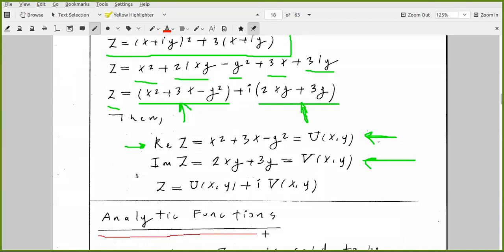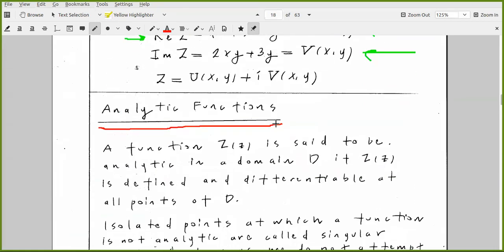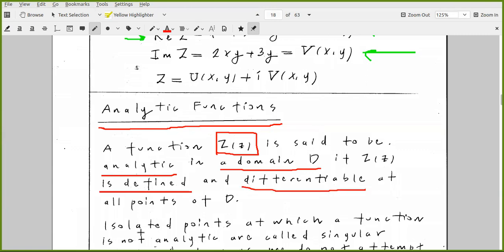For this purpose, analytic functions are defined. Analytic complex functions can be defined. The function Z of z, a complex function, is analytic in a domain D. This is a domain in the complex plane. If Z is defined and differentiable at all points of D, its derivatives should be defined